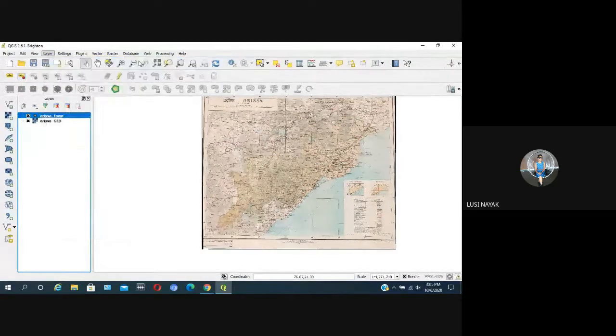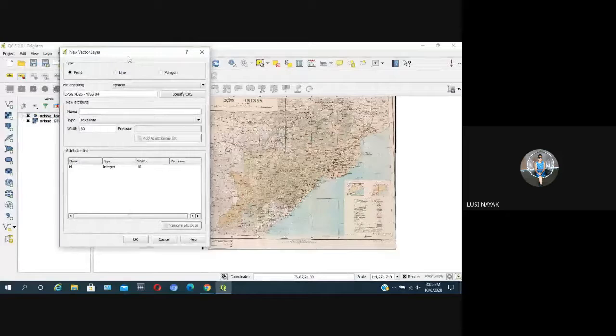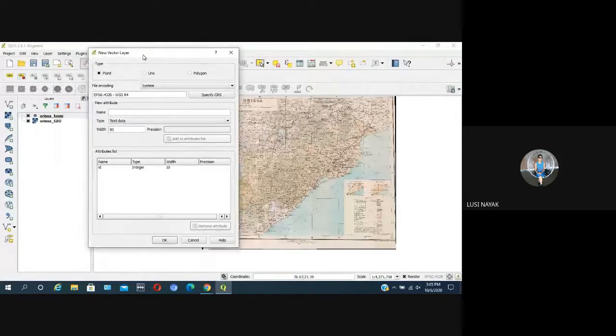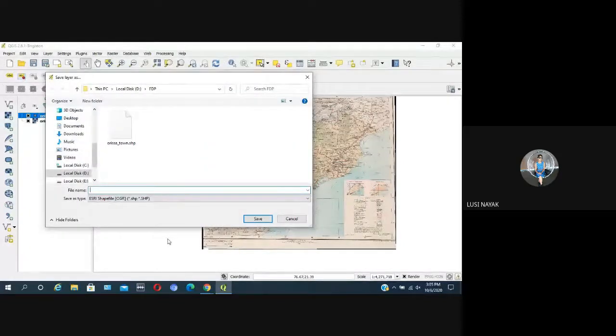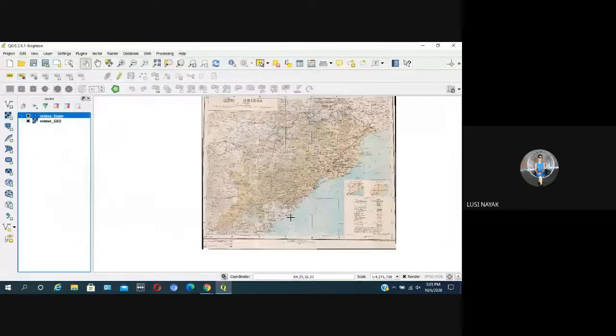Then what is this? New vector layer. Here you select type is point. We are going to create a point layer. Then give the name and don't enter into other fields. Just leave others default. After making it okay, a new layer in the content box will appear, that is Odisha underscore town.